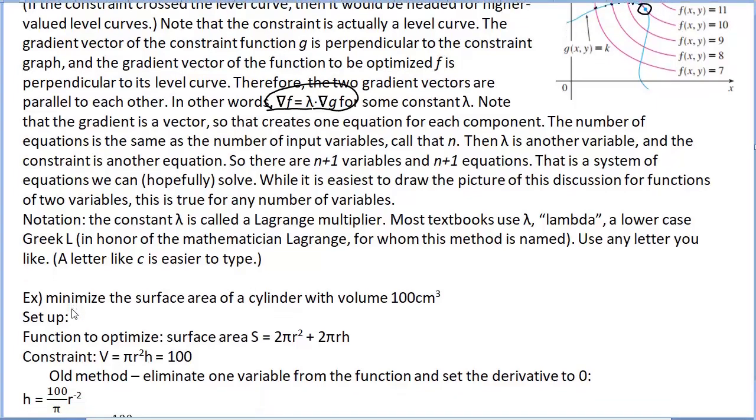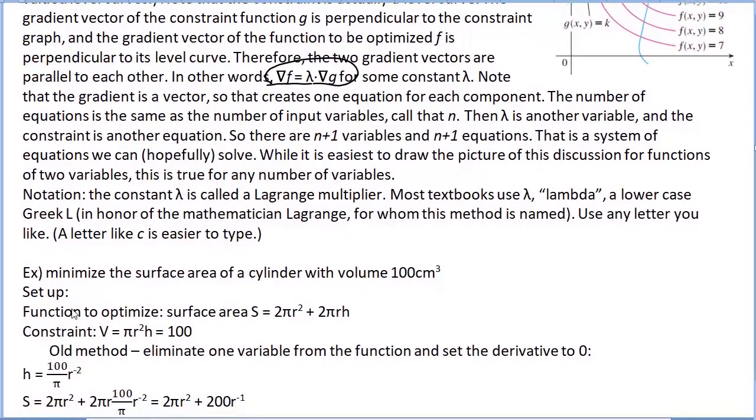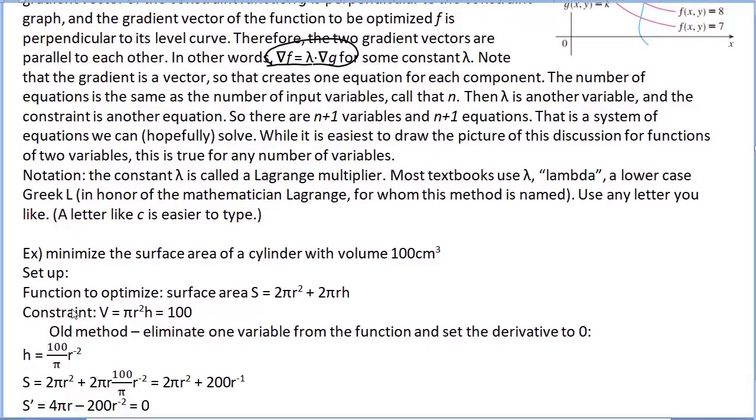Using the constraint, we can solve for h, and now we can substitute that into the function S for surface area, and now you've got a function in just the variable r. Take the derivative, set it equal to 0,